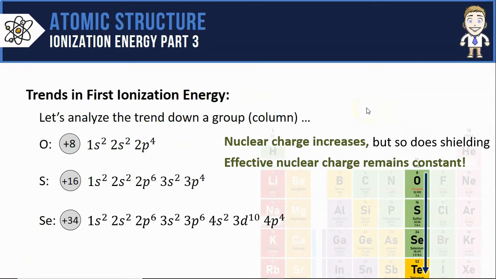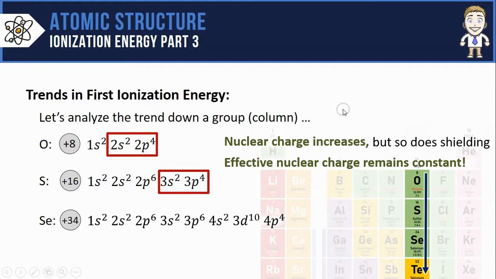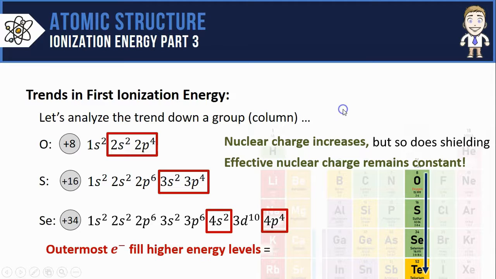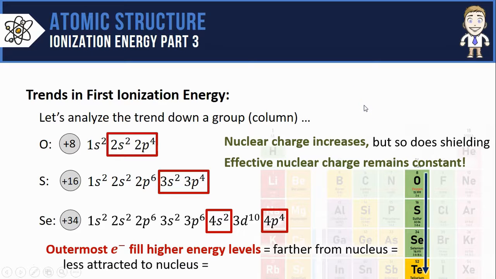So if we can't use nuclear charge, let's instead look at those outermost electrons and where they are. Oxygen's are here in the second energy level, sulfur's are in the third, selenium's in the fourth. As you move down that column, the outermost electrons fill to higher and higher energy levels. What's so special about that? Well, if they're in higher energy levels, that means they're farther from the nucleus. That means they're going to be less attracted to the nucleus. That means they're easier to remove,